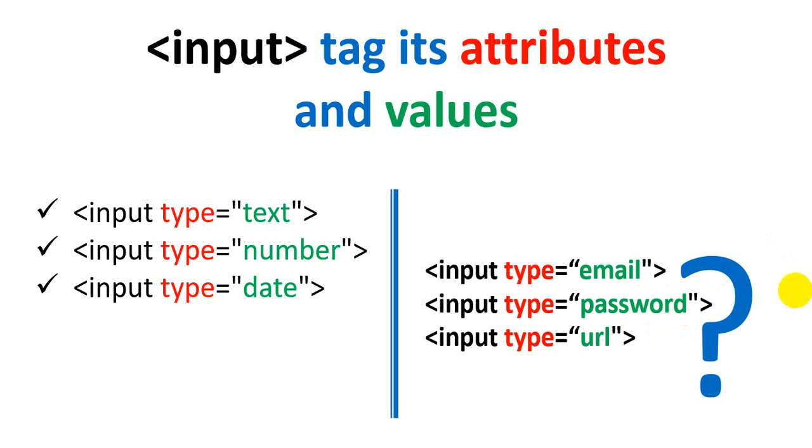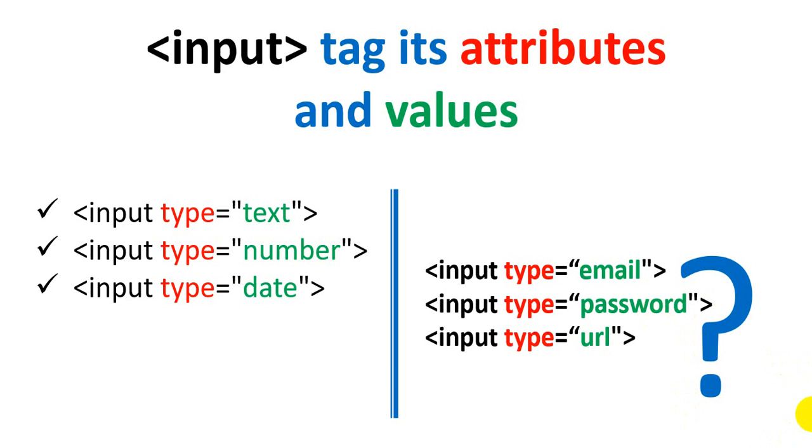In the same way, we will discuss input type equal to URL. What is URL? The full form of URL is Uniform Resource Locator. That's the address of your page. Okay, like your mobile, you have IMEI number, that is International Mobile Equipment Identity. It is the identity of your mobile. In the same way, we have different web pages or websites that have certain addresses. That address is called a URL, that is Uniform Resource Locator.